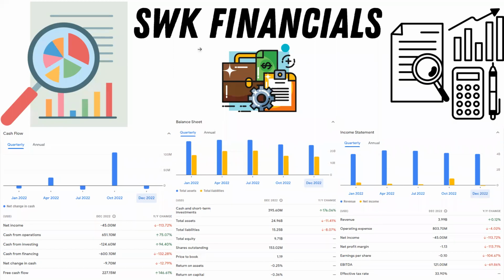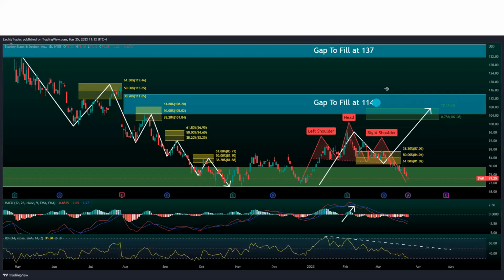So that was a quick dive into some of the financials. And if we take a look here, I just want to go over some of the technical analysis. If you notice, we have these series of yellow lines on here. These are the three most common and well-respected Fibonacci retracement levels. The reason that we look at these and pay attention to these is because they help identify trend continuation, because nothing moves in a straight line down